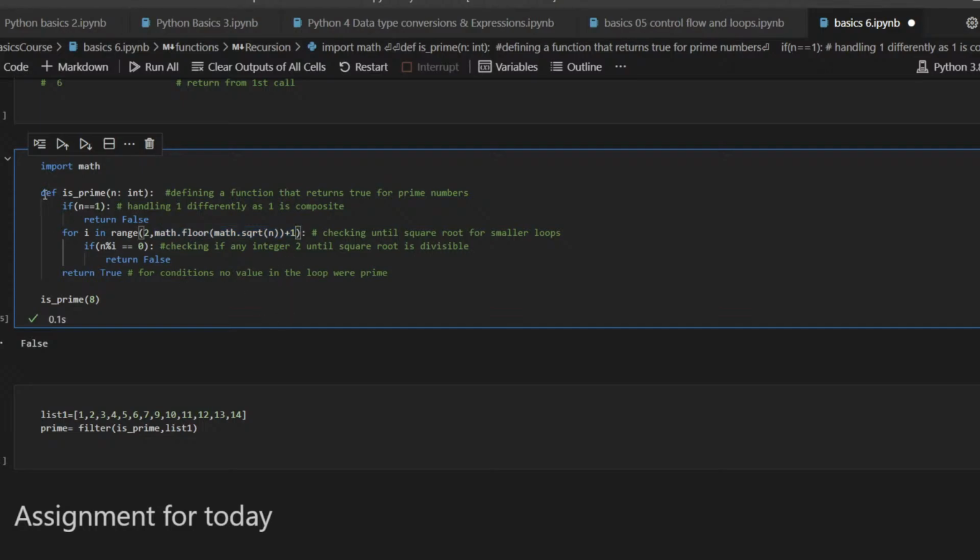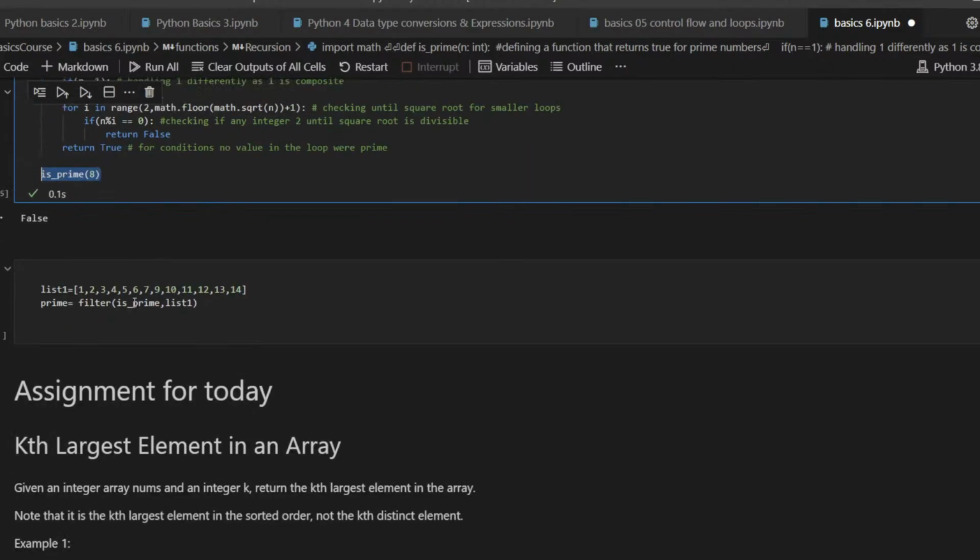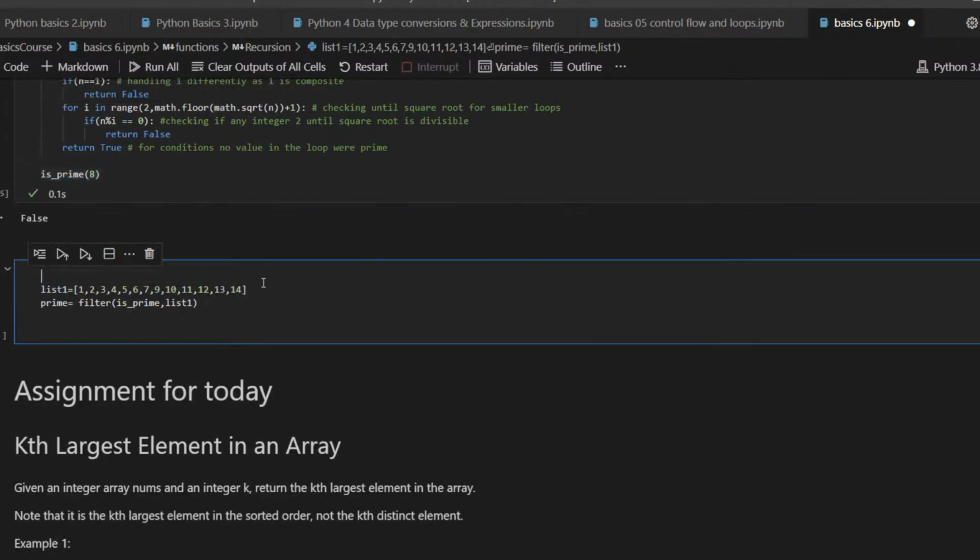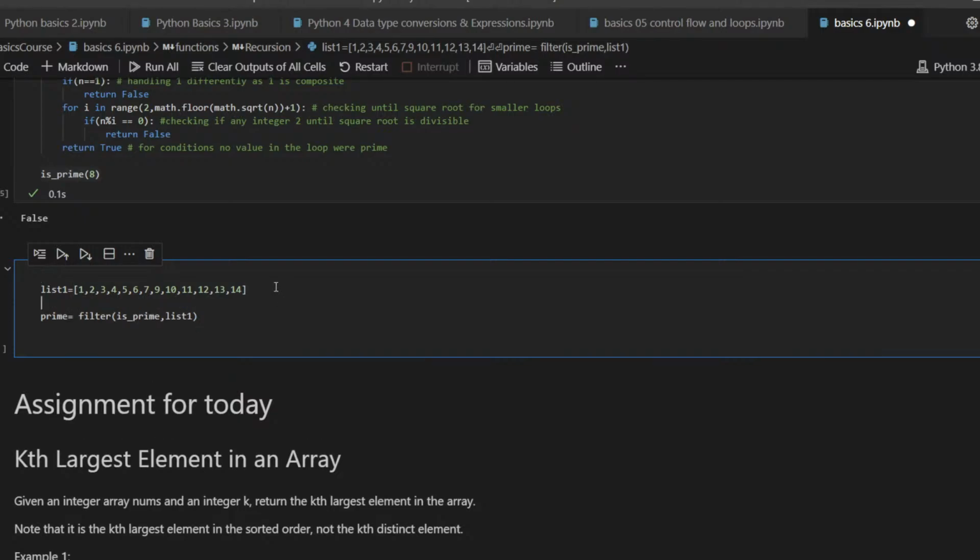But essentially, when you have a function, you don't know how it works, you don't have to worry about it, you just have to call it. One example is, we saw how the map works. So let me show you how the map works. Let's say prime